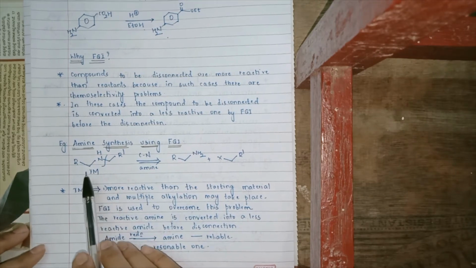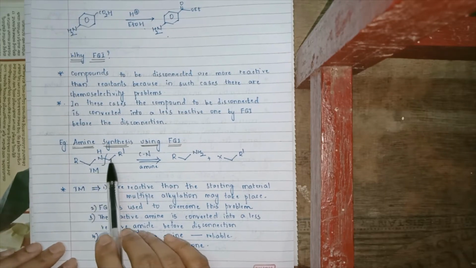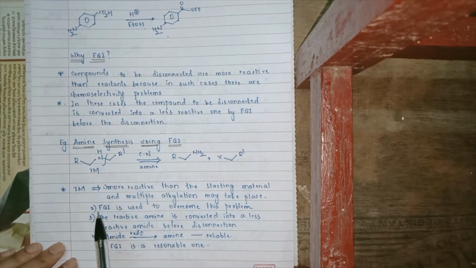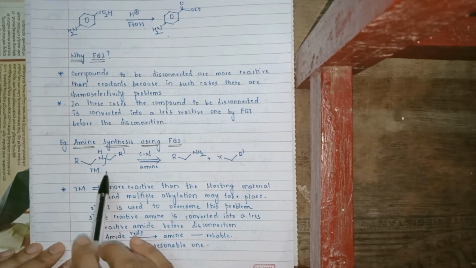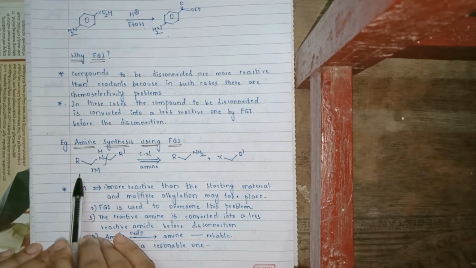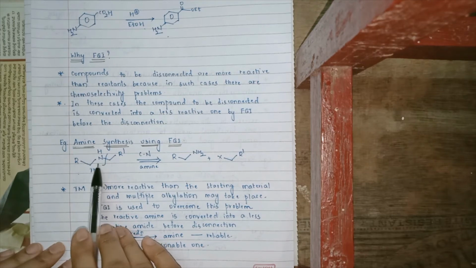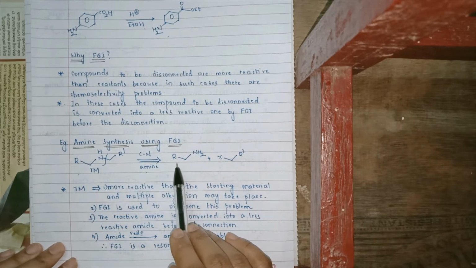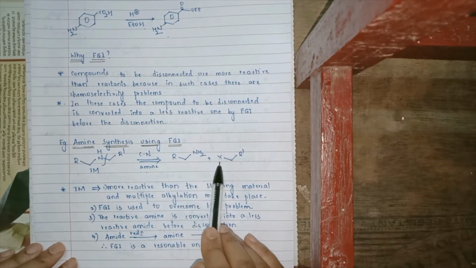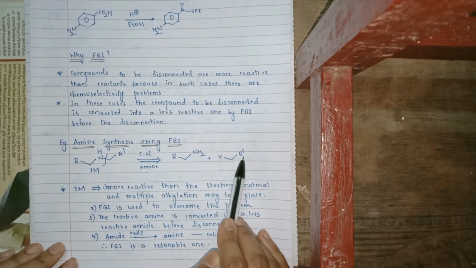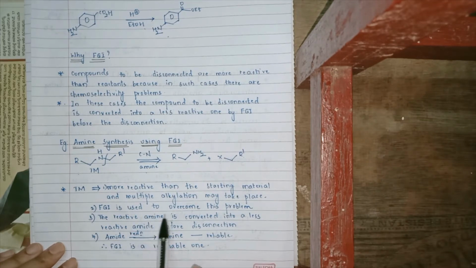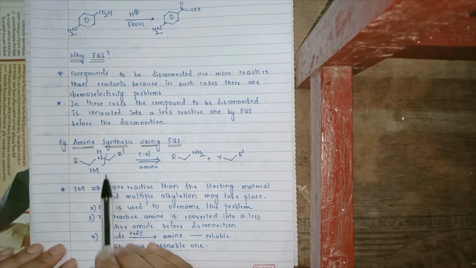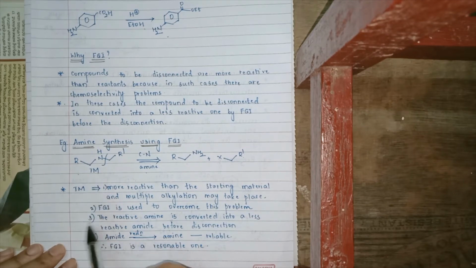Now in this way, we can also follow our next example, which is amine synthesis using functional group interconversion. Now this is our target molecule. This is an alkylated amine. Here in the system where there is a C single bond N, we will be cleaving the system, so that I'll get RCH2NH2 and an XCH2R. Now this product is seen to be more reactive than the starting material. If I do not cleave at this position, then I can get multiple alkylation. To avoid multiple alkylation, we will be cleaving at this position.